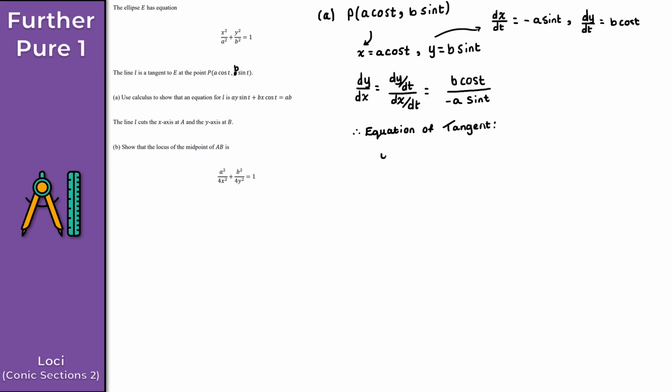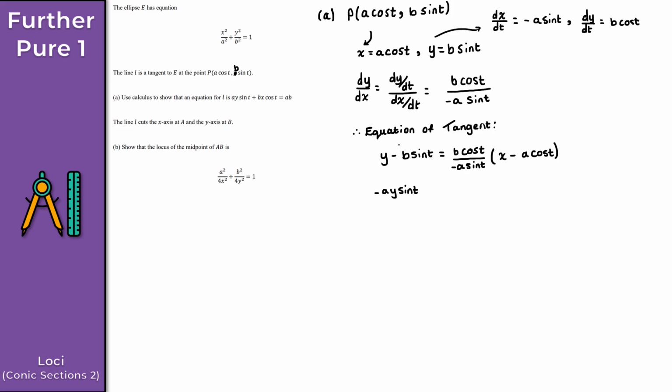I get y minus B sin t is equal to m, which is B cos t over minus A sin t, and then we times this by x minus x1, which is x minus A cos t. So let's times through by minus A sin t. What do we get? I get minus A y sin t